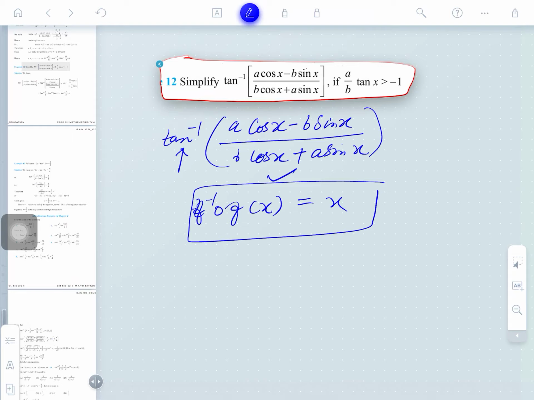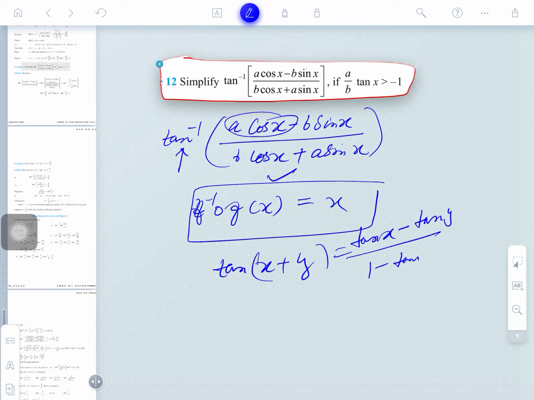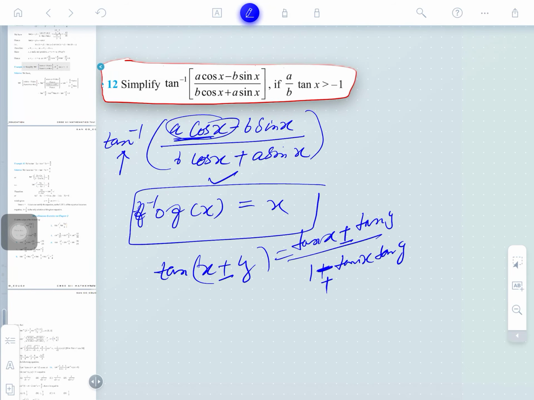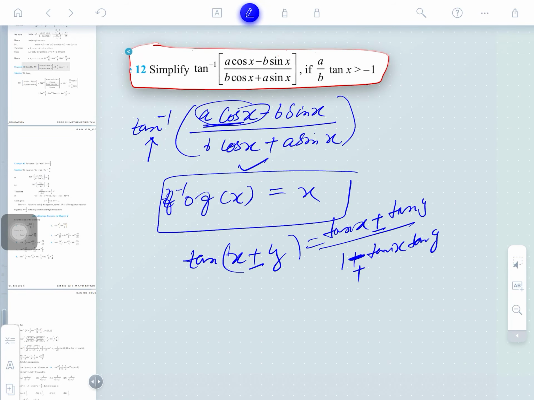For this, what we'll do is divide the whole expression, so 1 will come, and tan can be brought as tan of (x plus y). You just understand, it's tan x minus tan y divided by 1 plus tan x tan y. This is for minus, and the other is for plus. Is that clear? So this type of situation can be brought here, but here 1 is to be there, tan is to be there. Clear? Or we can also bring 1.